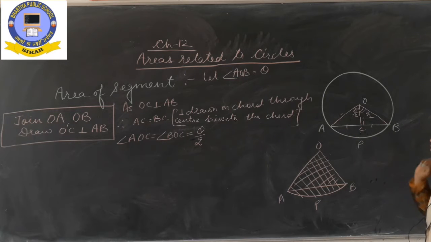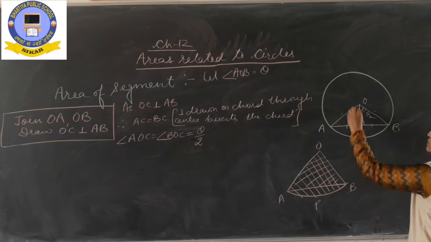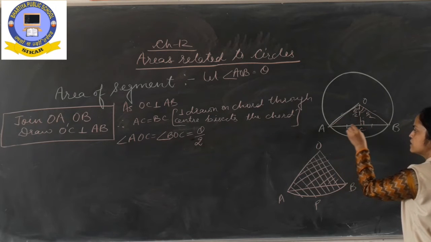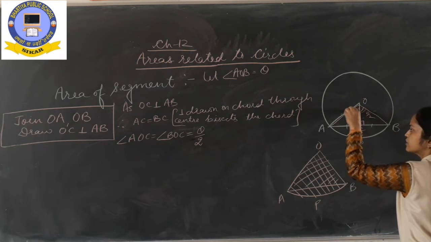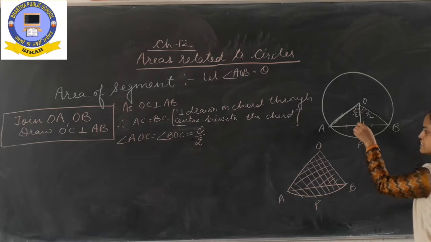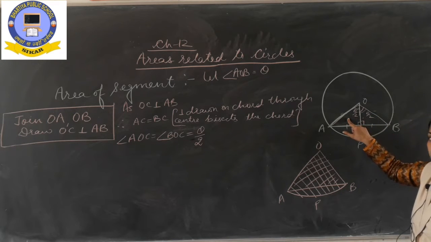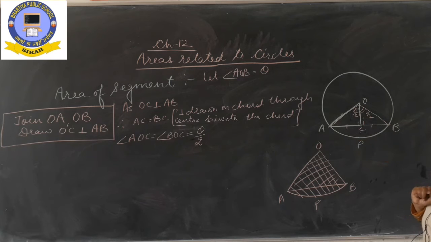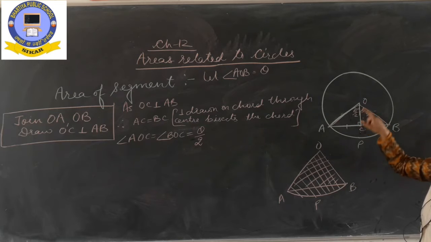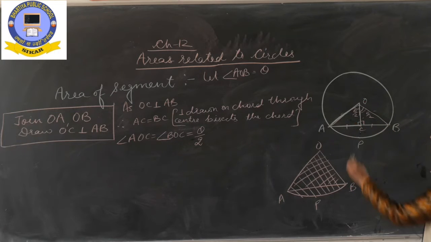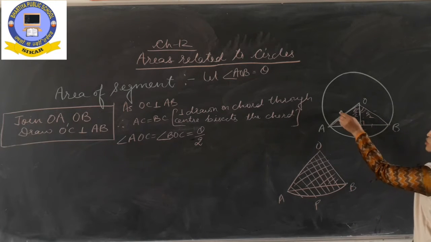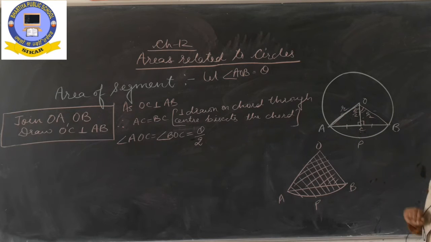Now please have a look here properly, can we say that AOC is a right angled triangle? Right angled at C. It is a right angle triangle, right angled at C. Actually both are right angle triangles, but we have to work in any one of the triangles, so I am taking this as the right triangle. Okay. So triangle ACO is a right triangle, right angled at C. OA is the hypotenuse, which is also given. It is the radius. It is R.